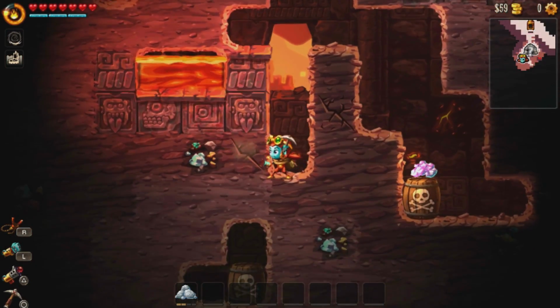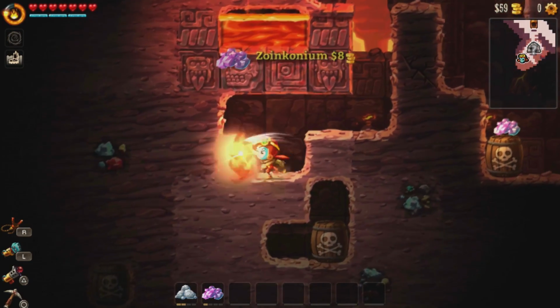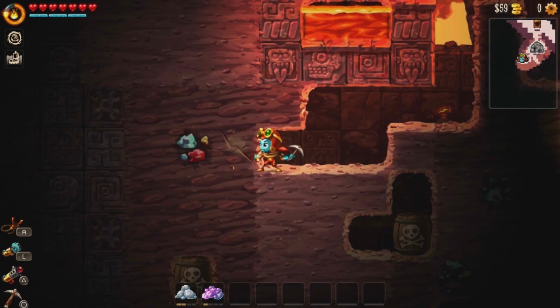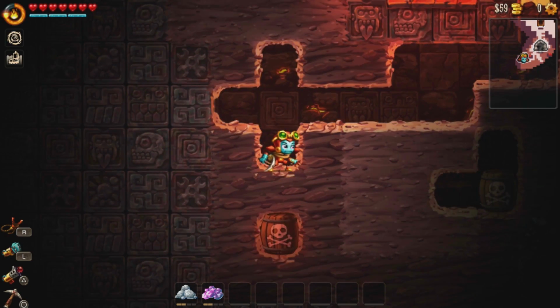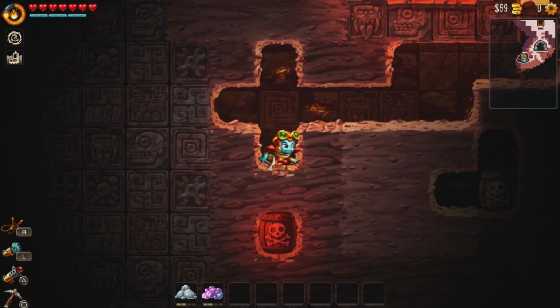So you use your axe to dig through, and you can pick up resources. These resources will, when taken back to town, as you saw earlier, give you money. I'm actually going to let this one blow up, because I think I'm in a decent range away from it, so...